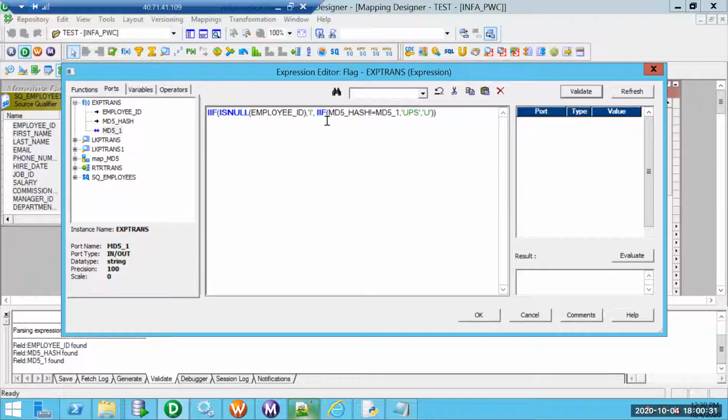But if we have an active record and there is a change in the MD5 hash, then we are going to update the corresponding entry as well as insert a new entry. If there is no change on MD5, we can directly update the record.